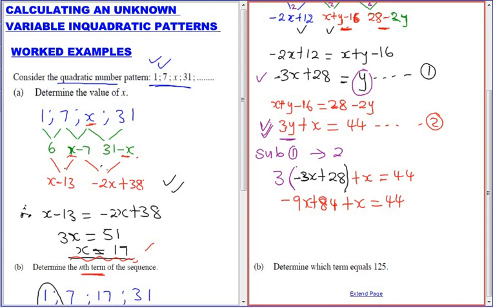So I am going to say minus 9x plus x. You are noticing how that will be negative 8x, like this. And then 44 minus 84. So we are going to have negative 40 here. I think everyone can see how we will still get x of 5 if there was little or less information